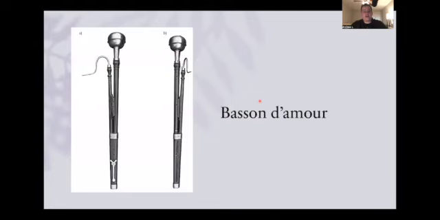Next, we have a rather silly looking instrument, the bassoon d'amour, which, despite being actually more closely related to the shawm, looks physically a lot more like the modern day bassoon than we've seen in a lot of the past, the dulcian and the other instruments. You can see where the vocal is starting to take on its very unique curved shape. You can see how these two joints are separated. You can see here that they are actually two different pieces that are connected